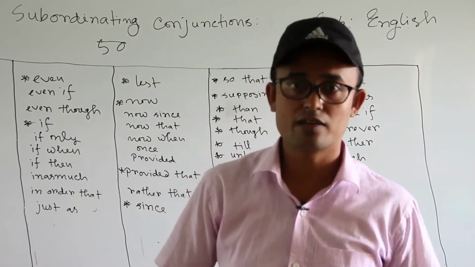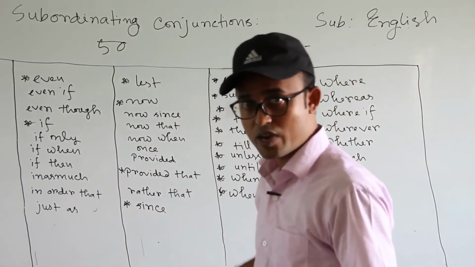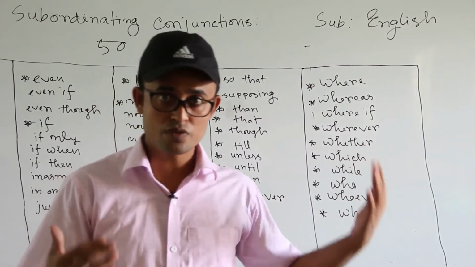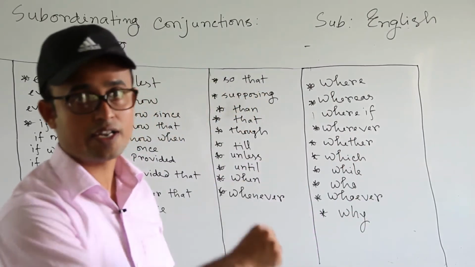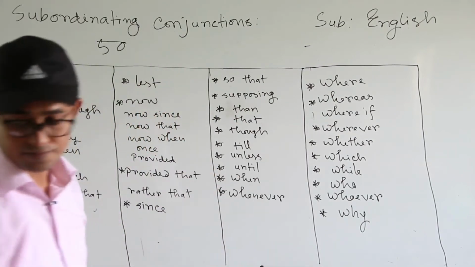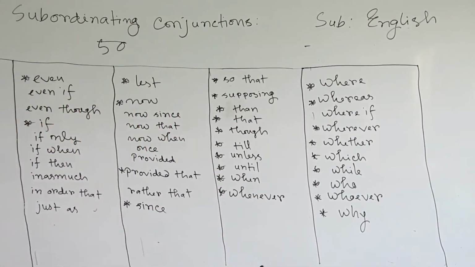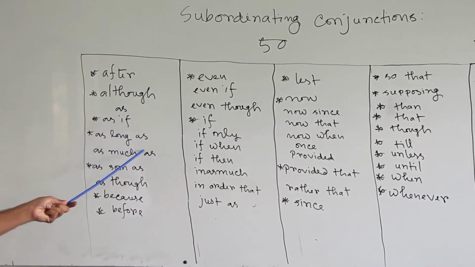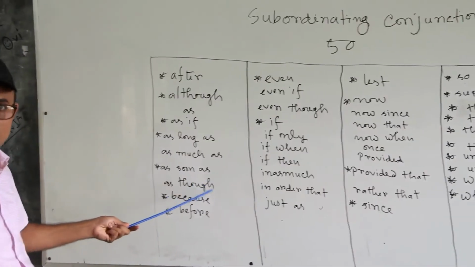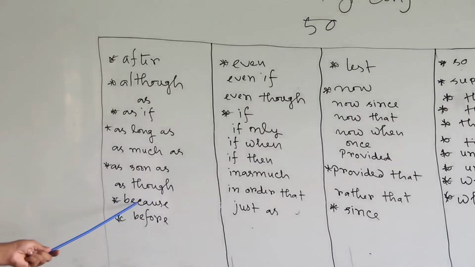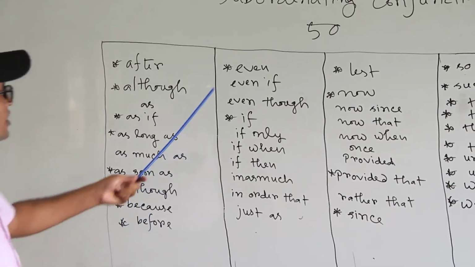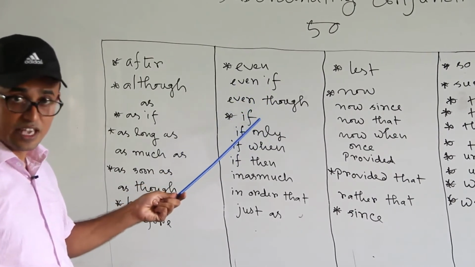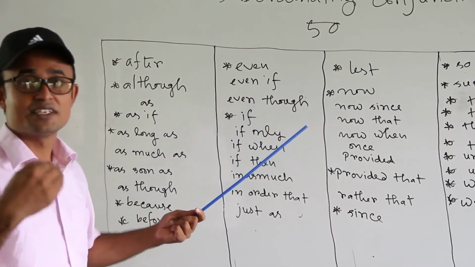এটা তথাকথিত তোমাদের গ্রামার বুকে পাওয়া যাবে না। Please take your exercise book and try to write down these subordinate clause markers. Those of whom are very, very important, I try to mark with a star. Okay, look at this. That is after, though, although, as if, as long as, as much as, as soon as, as though, because, before, even, এমনকি, even if, even though, if. This is a very, very common subordinate clause marker.